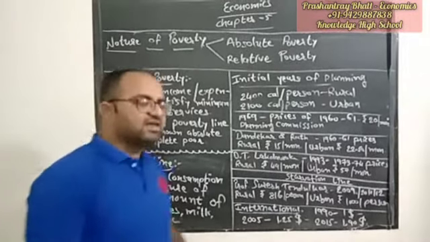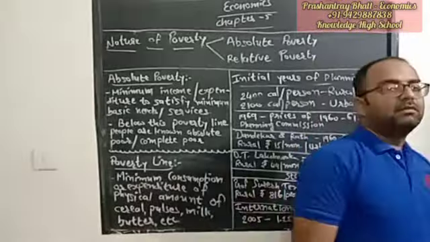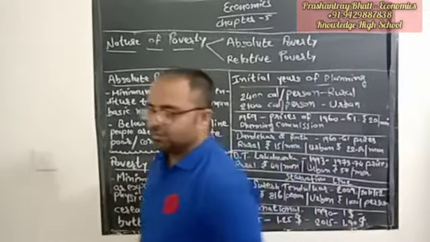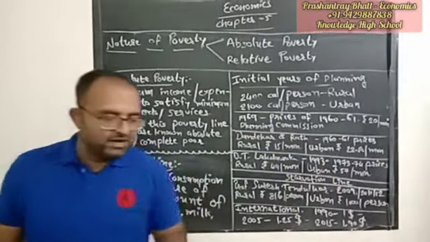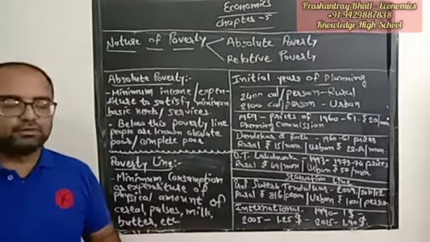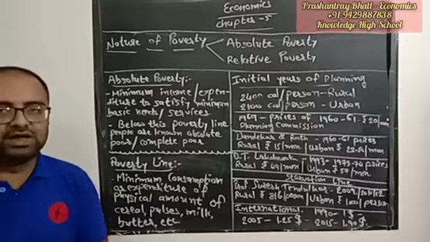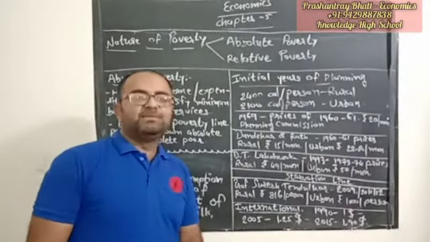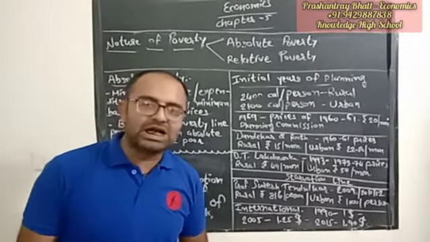In the rural areas, the things are cheaper than the availability in the urban areas. Right? Till date, we can feel that, we can observe that once we buy something from the urban area and we buy the same thing from the rural area, we get it at the cheaper rate. That is, expenditure in rural areas is lower.